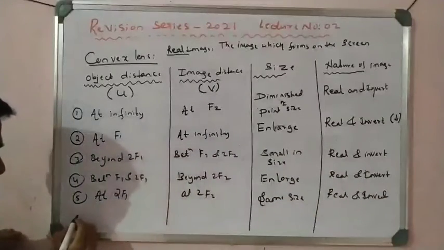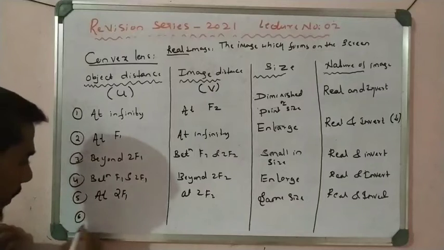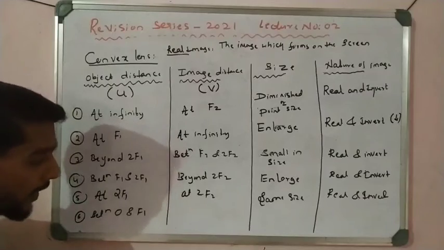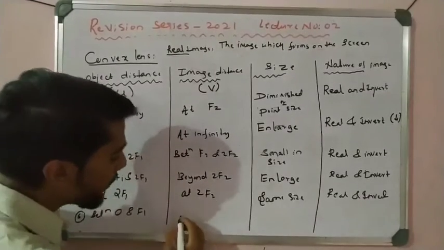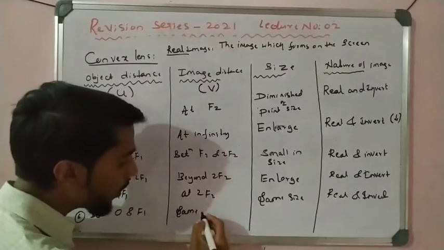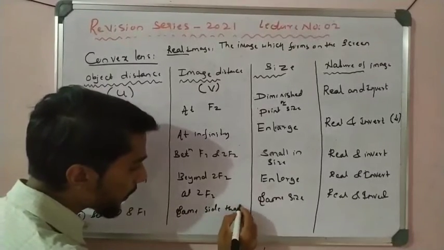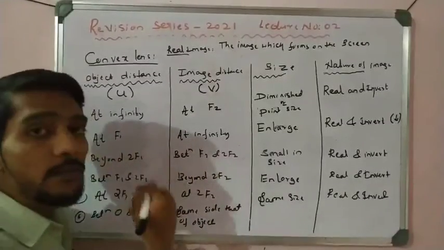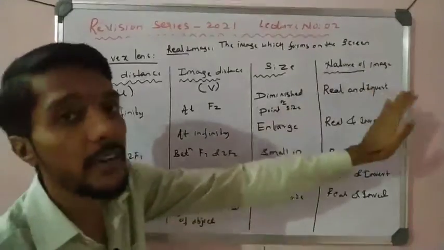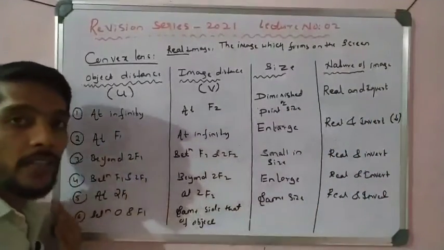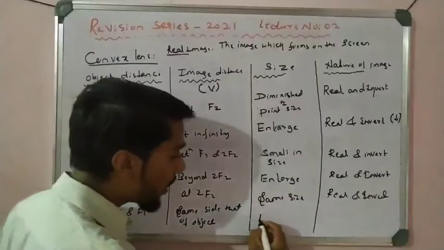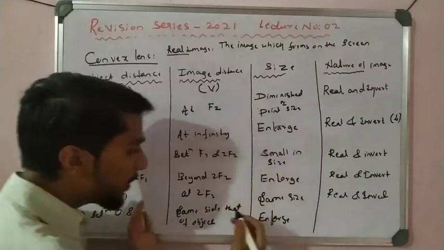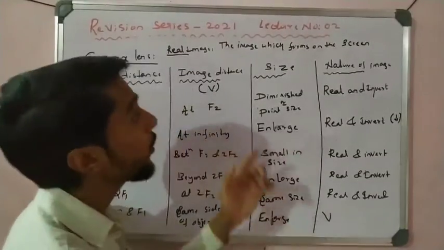Right? So let us see the next point, the sixth one, that is between the optical center and F1, okay. So here, what happens, see, the image is on the same side as that of the object, the image is formed on the same side as the object, which means the image is also on the left side, left side image. Here all images are formed on the right side, because of that all are real and inward, but here they form on the left side. So if the object is on the left side, here the image is enlarged, the size is large, and here this is not formed on the screen, okay, that is a virtual image.